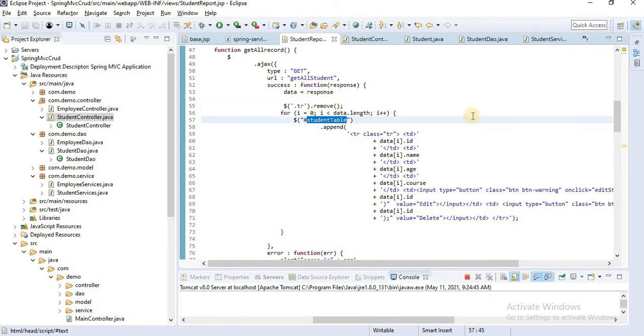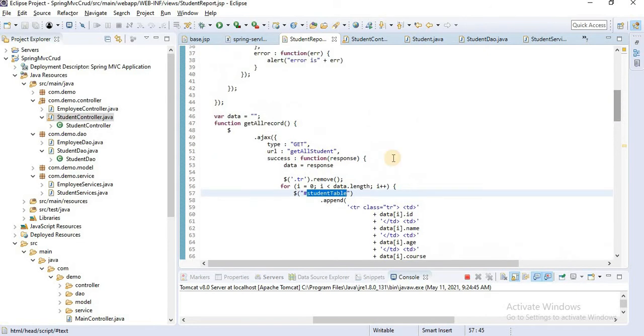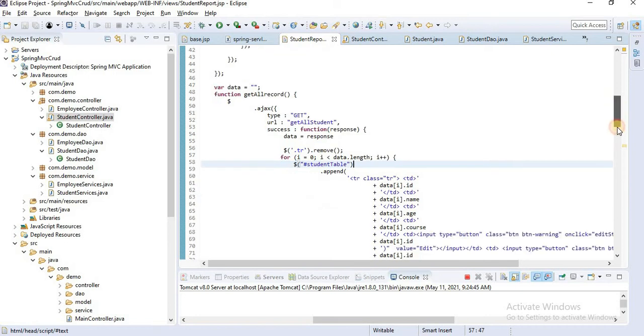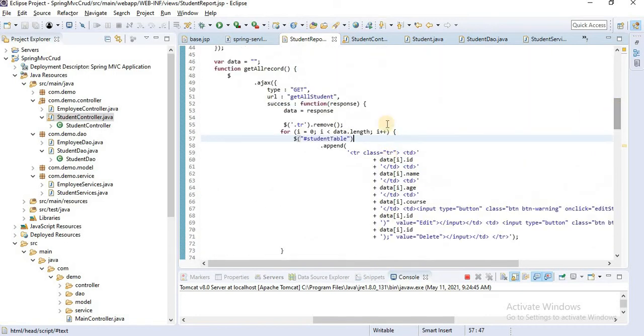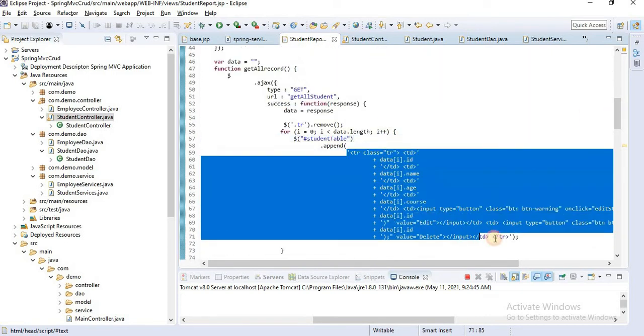Then we got the response. In the response we got the all student list. We check that student list, and we simply use a for loop. Using the for loop we iterate over those student lists, and we add them in a tr.